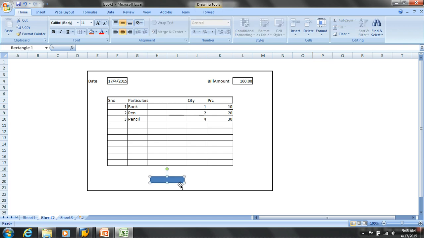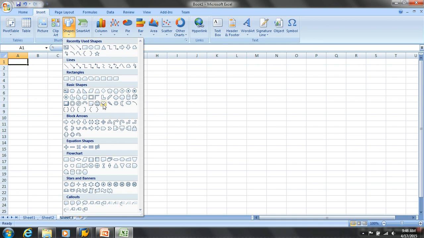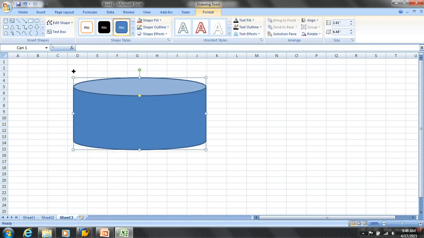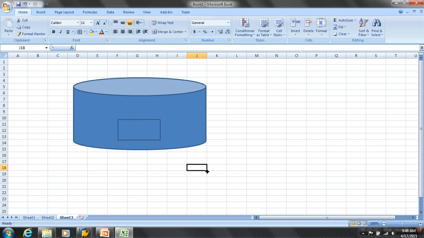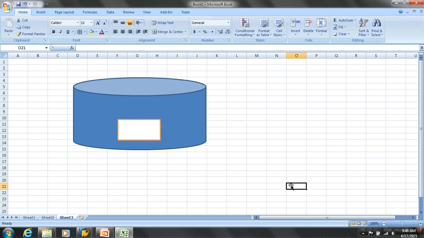Then what should happen? All this billing data should go and sit into some database. Let's say in the backend I'm using some Oracle database. In this Oracle database, I have one table, let's say a billing table.